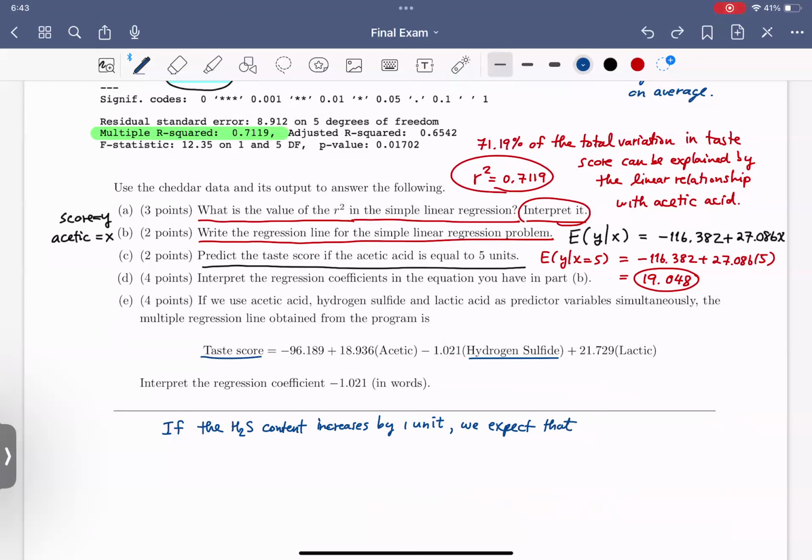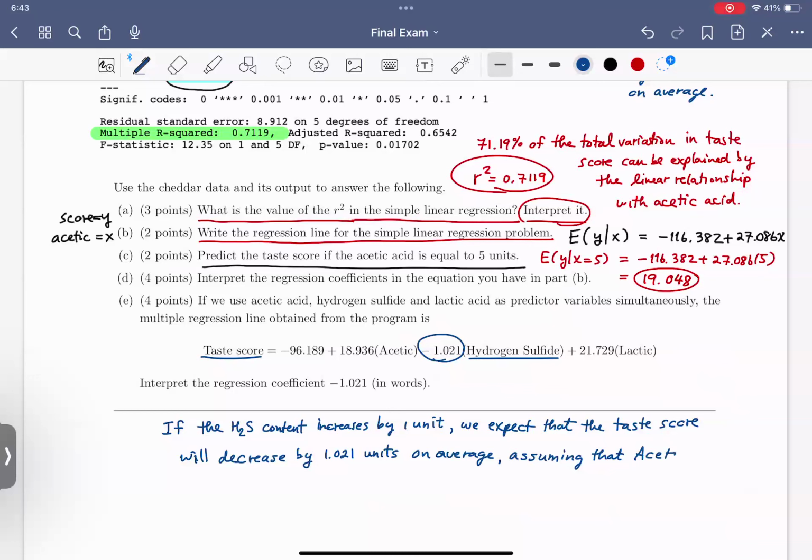So we expect that the test score will, you see the negative number here, decrease by 1.201 units on average. Okay, units on average. And do not add a full stop yet, because you have to say assuming that